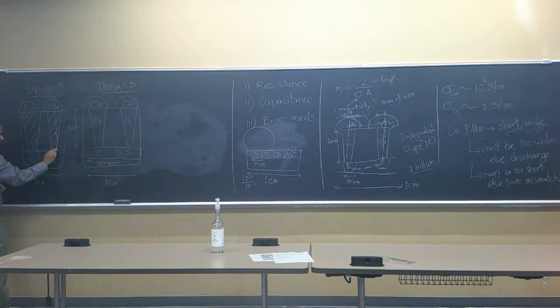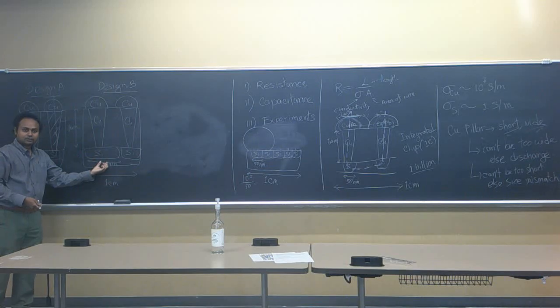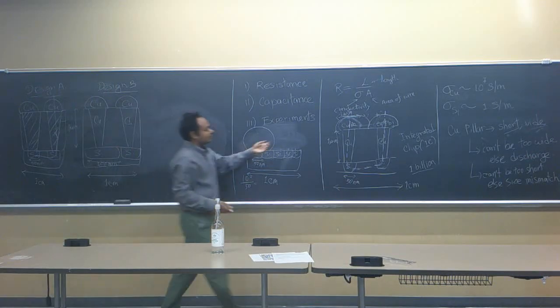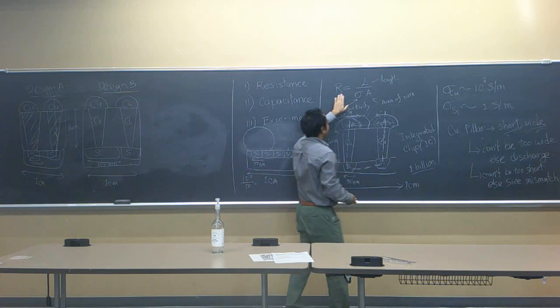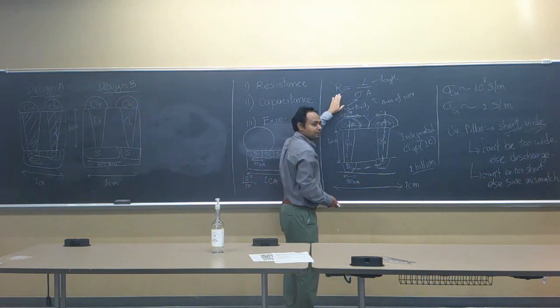But when it reaches the very bottom, it changes direction. Instead of going vertically, now it goes laterally. If it goes laterally, we must make sure that the length of the path is as small as possible. If the path has to be very small, then the silicon device has to be very small. So if you can reduce the length, the resistance is going to reduce.